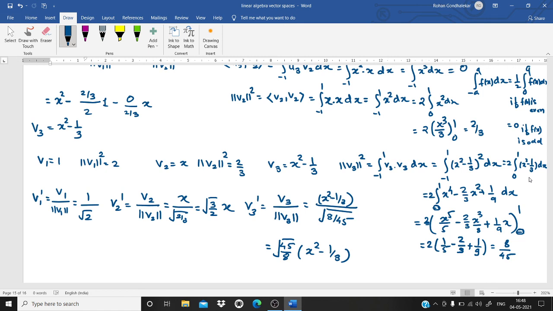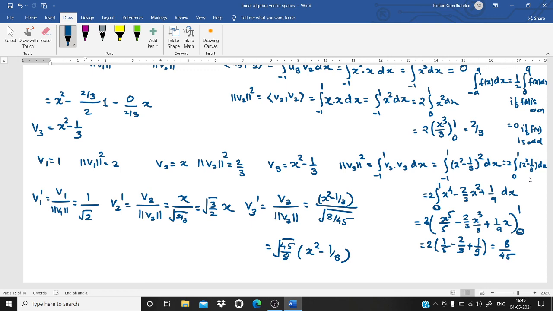So what I suggest, if you go for a mini project based on this linear algebra vector spaces, you can select the QR decomposition as a topic of your mini project, because from the self-learning topics I have already discussed linear combination, linear dependence and linear independence. So only QR decomposition is left. You can get some example from any of the books and discuss it with your colleagues.